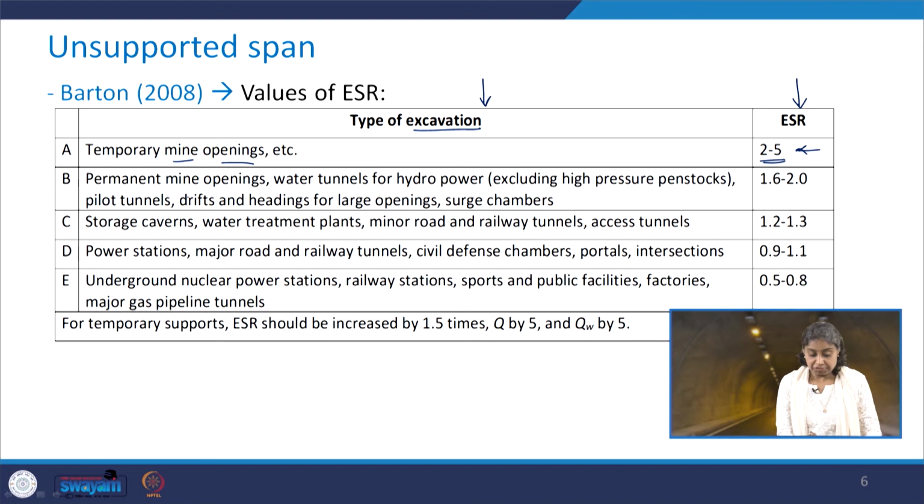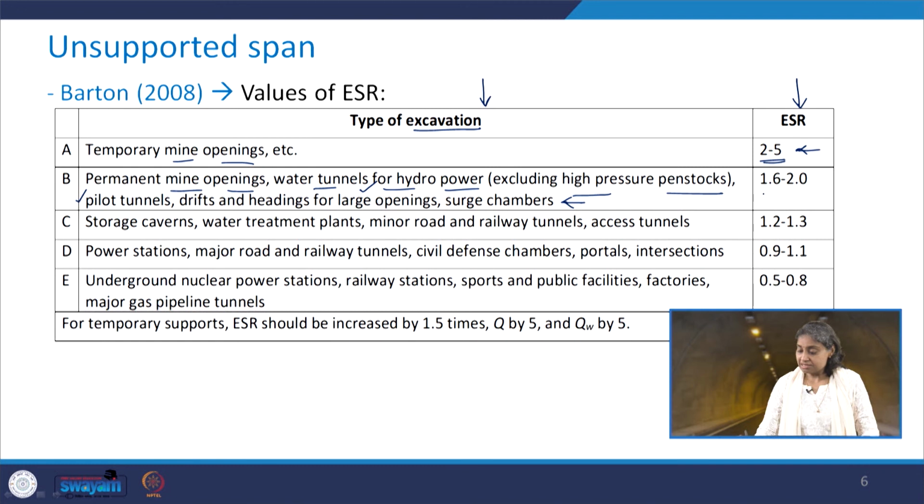In case the type of excavation is a permanent mine opening or water tunnels for hydropower projects, excluding of course high pressure penstocks, or pilot tunnels or drifts and headings for large openings and surge chambers